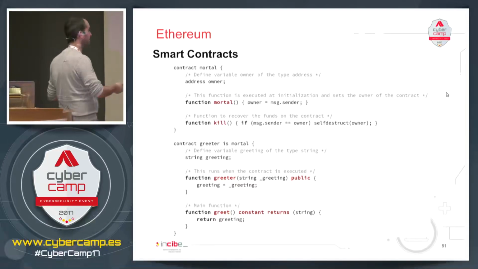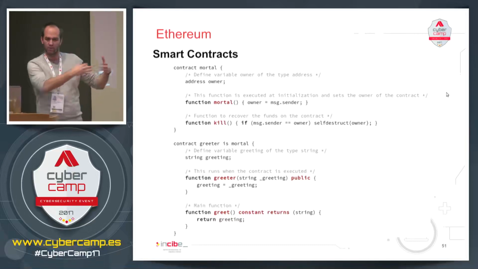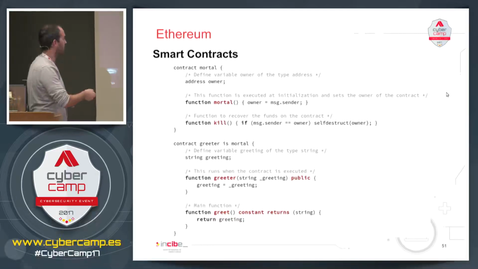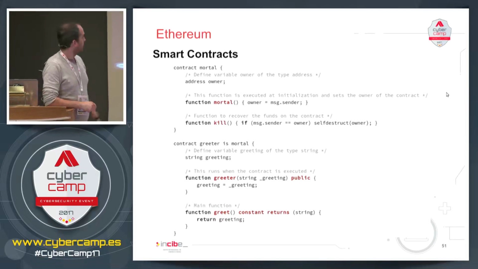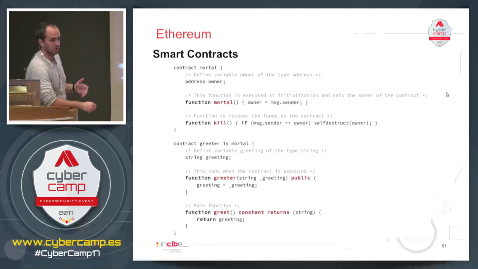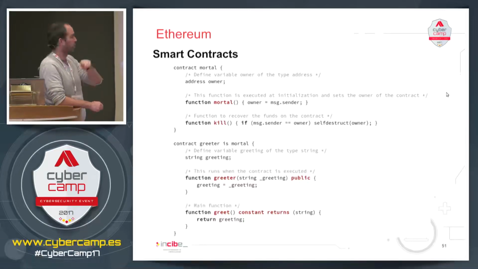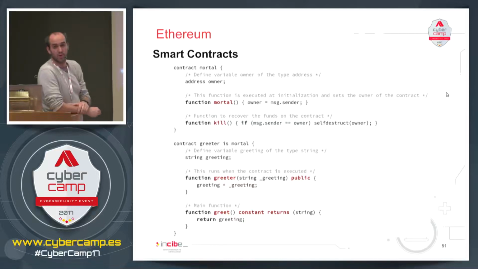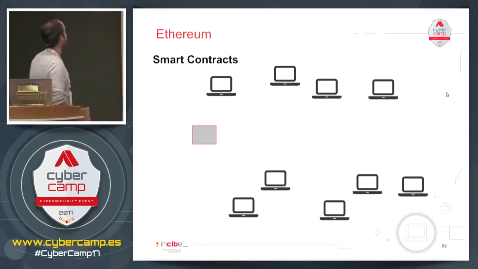If I want to deploy an instance of the smart contract called greeter, I have to invoke the constructor function. I want to send a transaction that is greeter, and it has to have a parameter: the greeting. I want this greeter to say hola, hello. Then it's going to deploy an instance of this smart contract in the specific Ethereum blockchain, and this smart contract receives an address. It's 789. So if you want my smart contract to greet you, you say contract 789, execute the greet function, and the result is hello, hola. That's the command that I specified for the greeting.